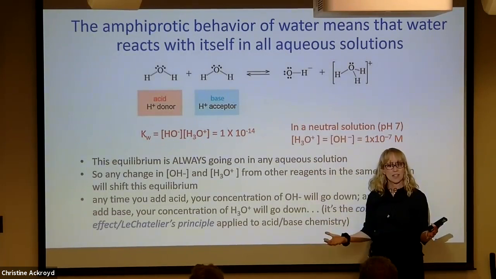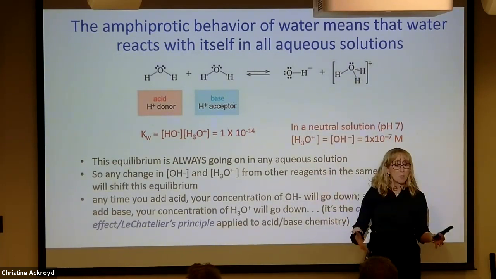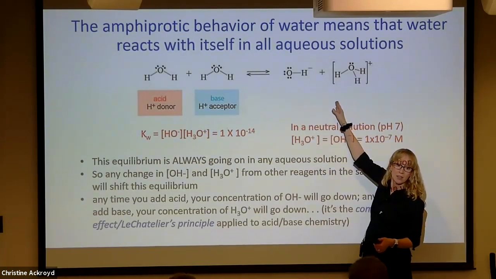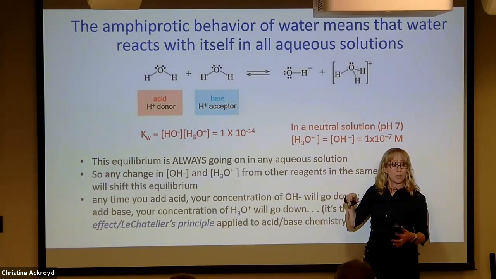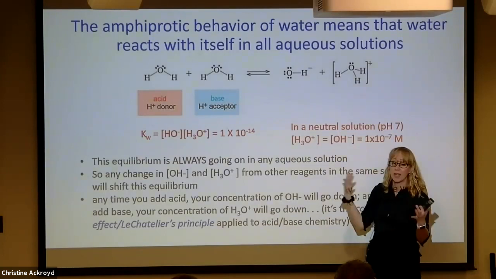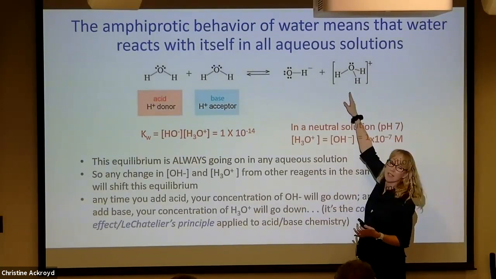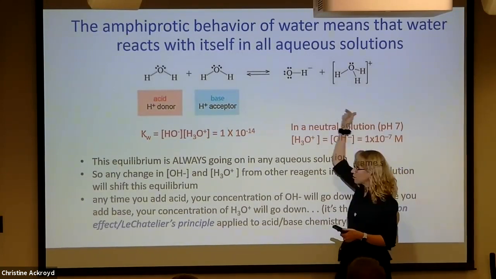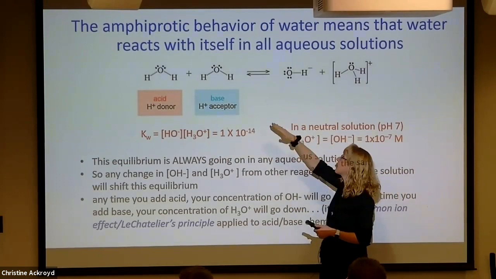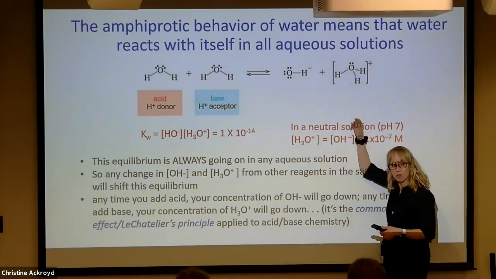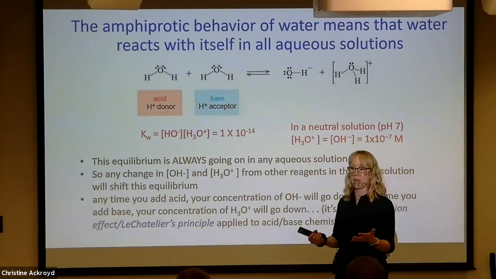Is this an example of the common ion effect? Yeah, we use the common ion effect to talk about solubility, but when we're talking about acid-base reactions, hydronium is a common ion. Two equilibria going on: the acid that we add and this water autoionization. Okay, so if we add acid to the solution, we're increasing the hydronium ion concentration, which stresses the product, which does what? Pushes it back towards the side of starting material for this reaction. This does what to our hydroxide concentration? The increase in hydronium makes hydroxide concentration go down.